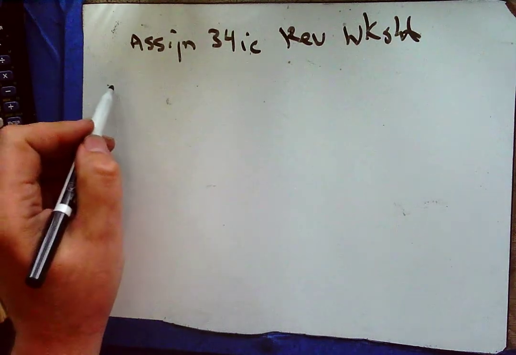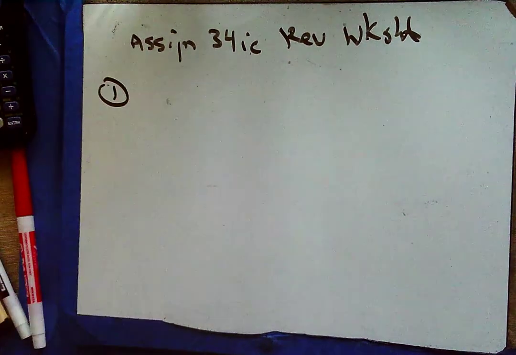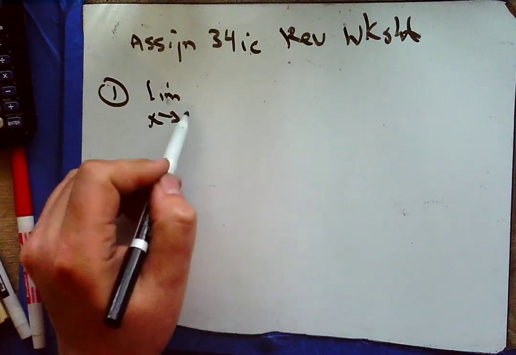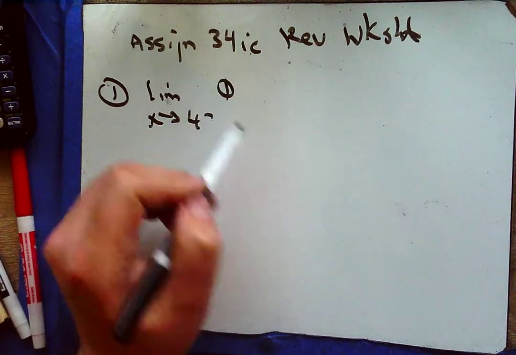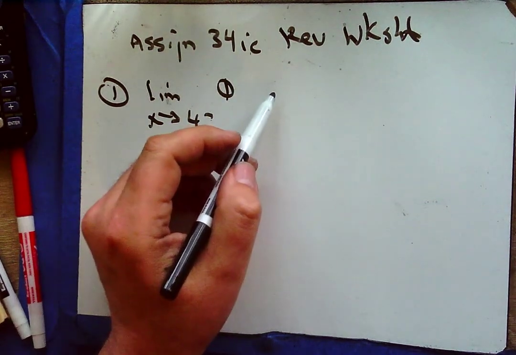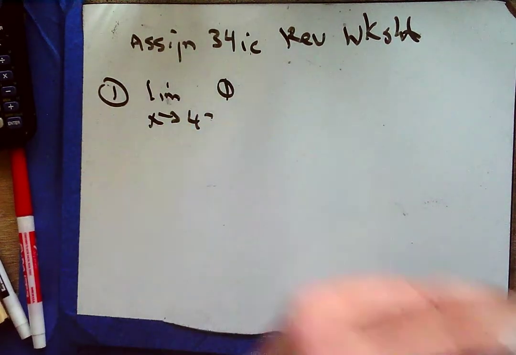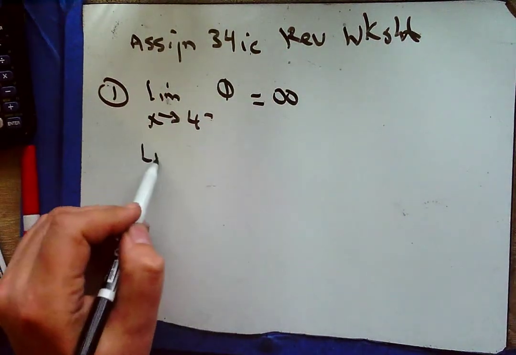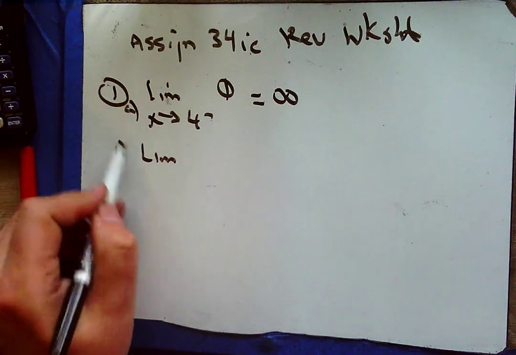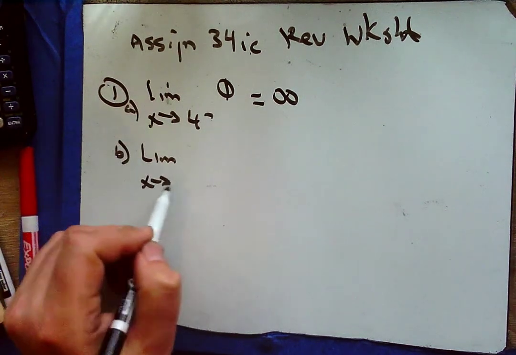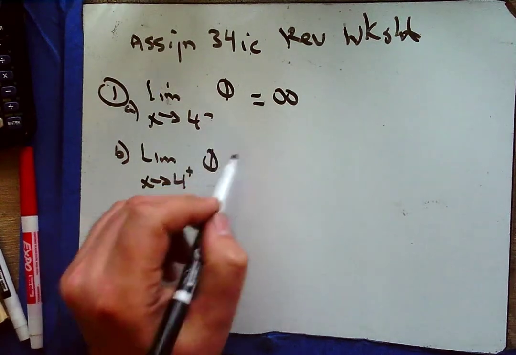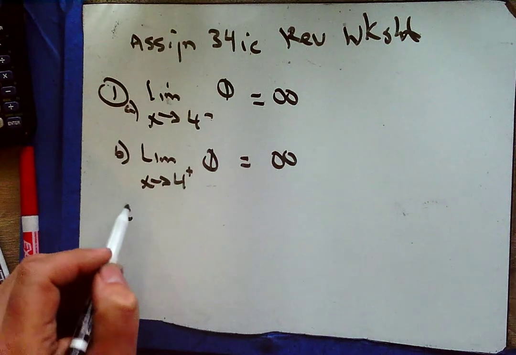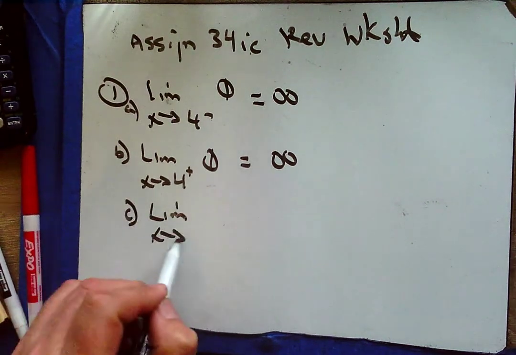So I'm just going to say number one, function graph below, find the limit as x approaches 4 from the negative side of phi, and 4 from the negative side is infinity. And the limit, let's go a, b, the limit as x heads to 4 from the positive side of phi is also heading towards infinity. C, the limit as x approaches 4